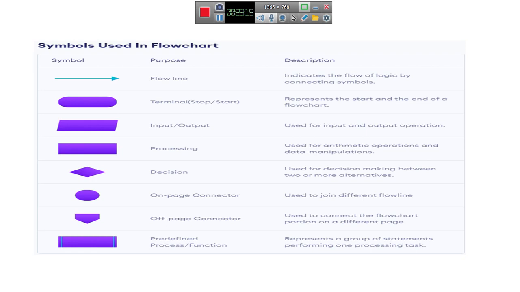A flowchart is a diagrammatical or pictorial representation of an algorithm. So these are the symbols used for developing flowcharts: flow line, terminal (start or stop), input output, processing, decision, on page connector, off page connector, predefined process or functions.